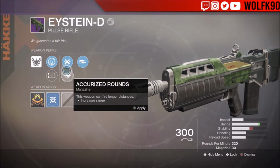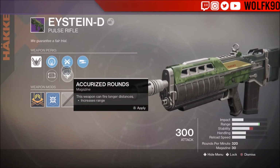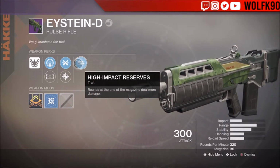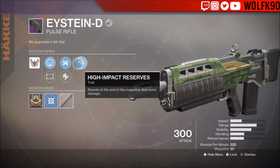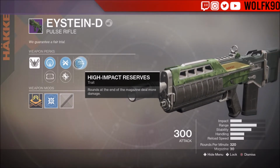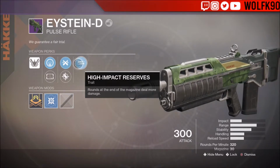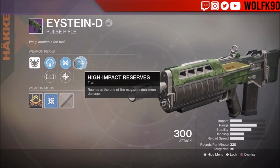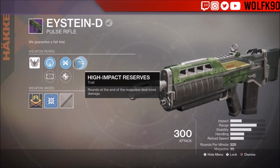And then we have the accurized rounds, which downs the stability by a lot, ups the range slightly. And then this is where it really pulls away from the other gun, the Disrespectful Stare, just because it has the high impact reserves. So rounds at the bottom of the mag, the end parts of the mag, will always do more damage. I believe it's just 1 or 2 more damage, but it still does help a lot,